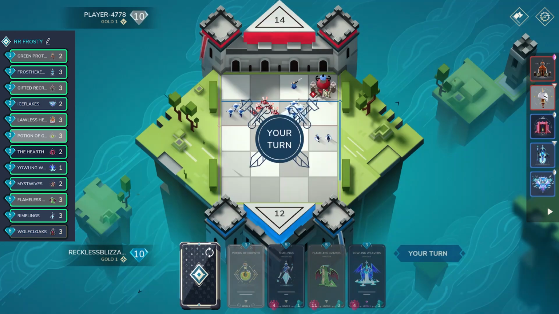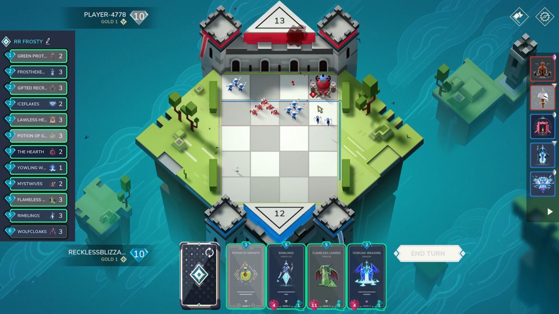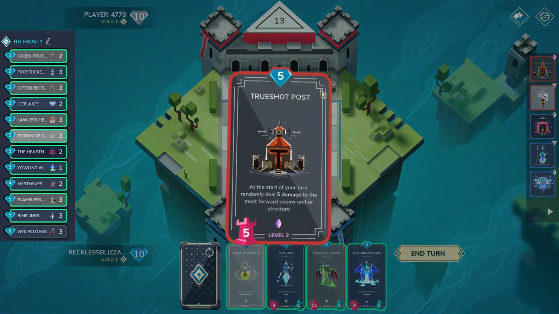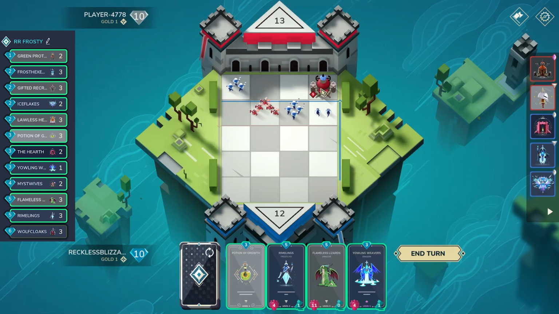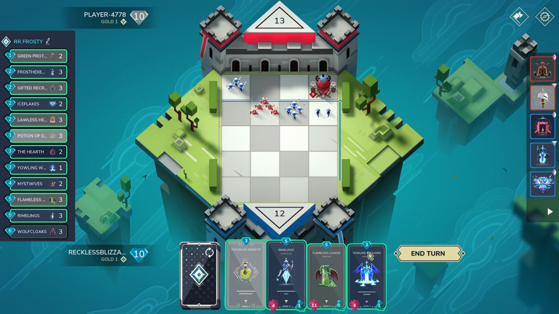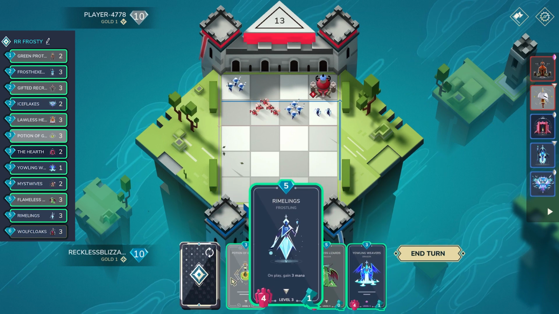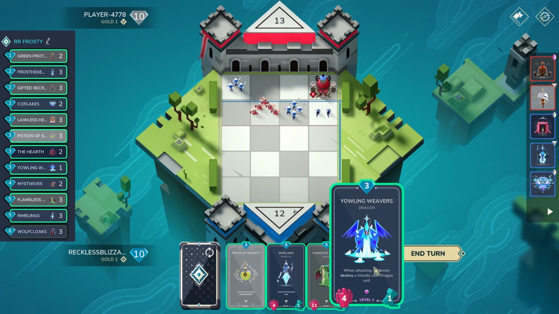Trueshot comes out here, which sucks, guys, because, well, the problem is, if you think about it, the enemy player plays Mia as well. That's not good. So what do we do? I think these 3 cards are the way to go. So I will actually play Flameless, probably cycle